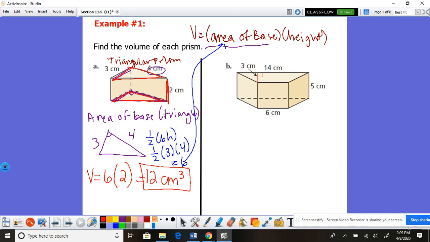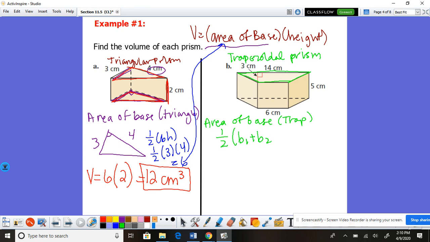All right, let's do the next example. Well, here, guys, the base is a trapezoid. So this would be a trapezoidal prism. Okay, now the area of a trapezoid, so area of the base, which would be the area of the trapezoid, we can find that by 1/2 base 1 plus base 2 times